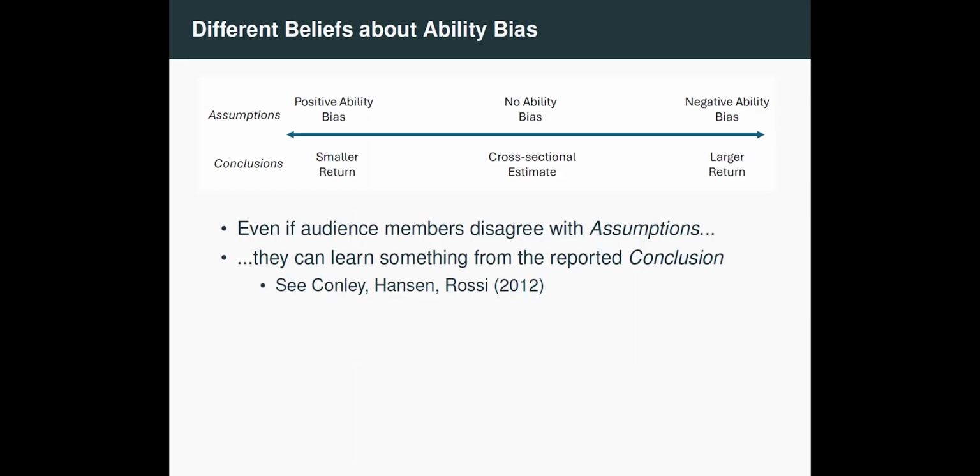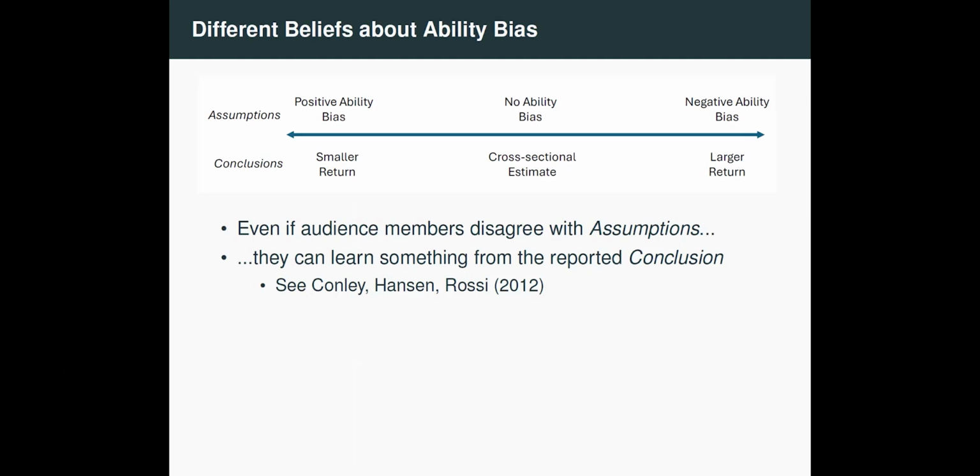Many people, for example, might believe, and here I'm going to want to point, so maybe I should just stand up so I can point. Yeah, many people might believe that those who get more schooling, is it okay if I stand up, Günter? Okay, cool. That people who get more schooling tend to be more able and so would have earned more otherwise, so that there's positive ability bias. So those people think that you have overestimated the causal effect of schooling on earnings, and so the true effect is something smaller than what you reported.